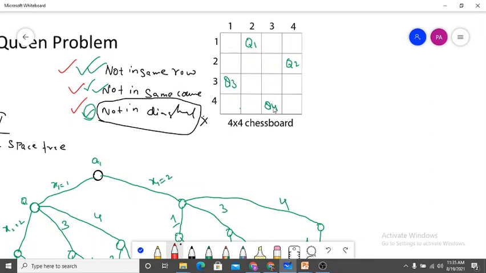Now check the fourth one, fourth queen. This is diagonal, no queens are attacking, no rows, no columns. Very good. So this is our perfect solution. So what is the solution here? What is the solution? Solution is, sorry,